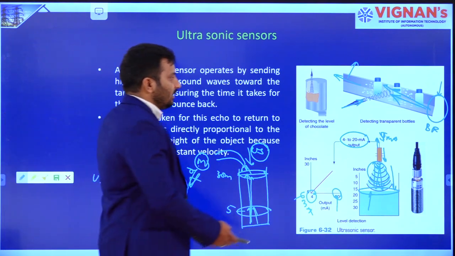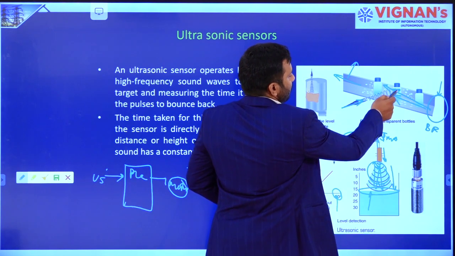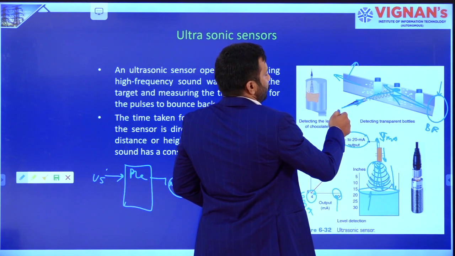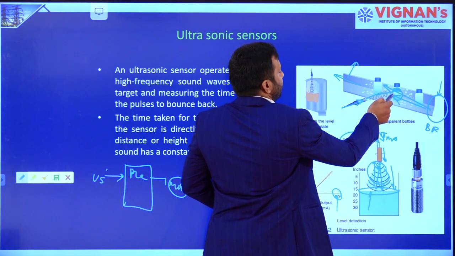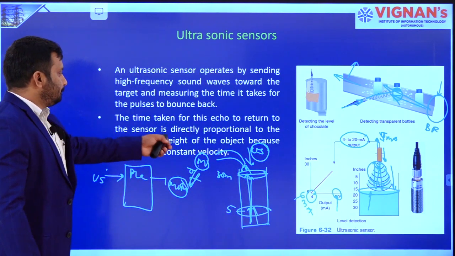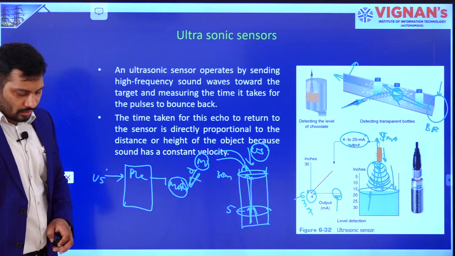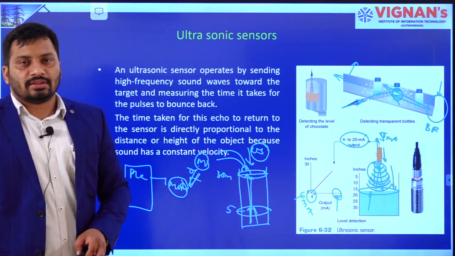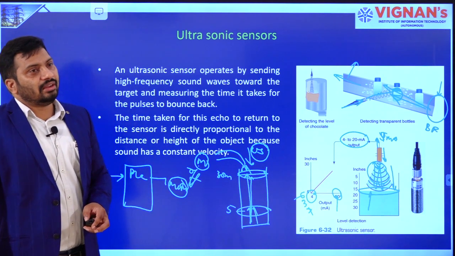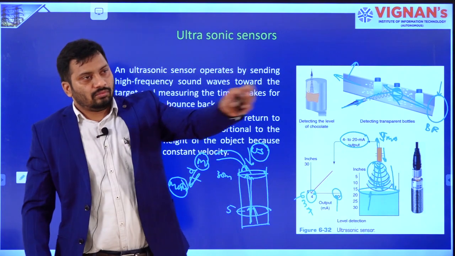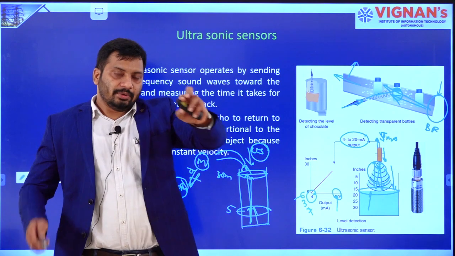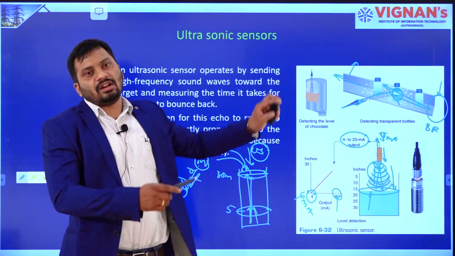This is the application. If it is in this particular state, it is giving maximum output. If there is no liquid, then what will happen? It is giving a low signal. Like that, based on the echo of the sound waves, this ultrasonic sensor is used to sense the liquid level in the tank, or in some applications the velocity of the liquid flowing through channels, that means particular tubes in industry, is also measured.